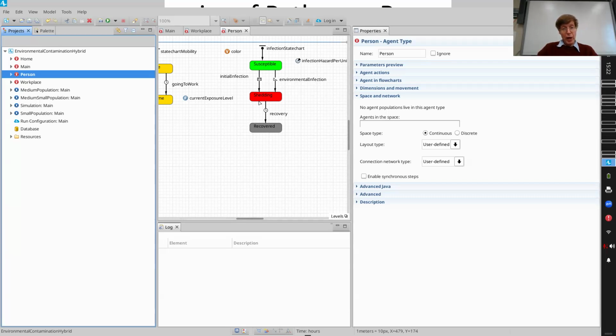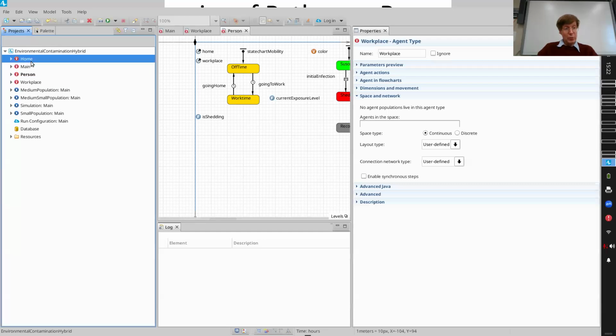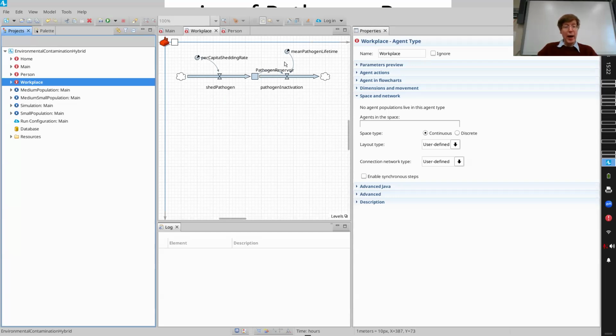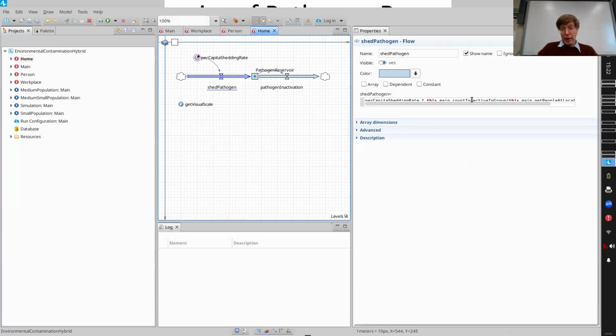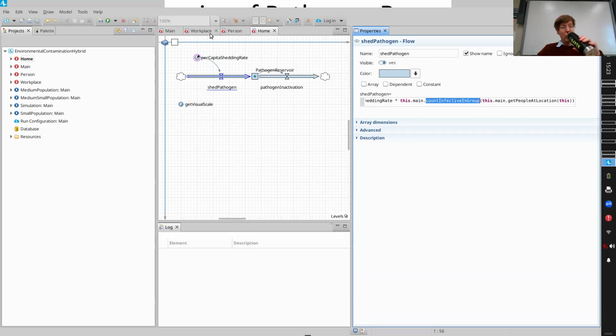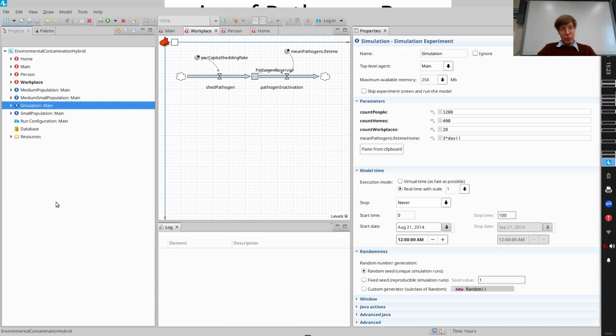Here, if infected, they shed and then they recover. They can be at work or they can be off from work. People have homes and people have workplaces, but both workplaces and homes have pathogen reservoirs that are built up, reservoirs of virus or pathogen that has been deposited there. This is true of workplaces, and this is also true of homes. The buildup is based on pathogen shed by infected people, so how quickly virus is building up is determined by how many infected people are at that location, at home or at the workplace. Pathogen dies off at a certain rate, and people move back and forth between home